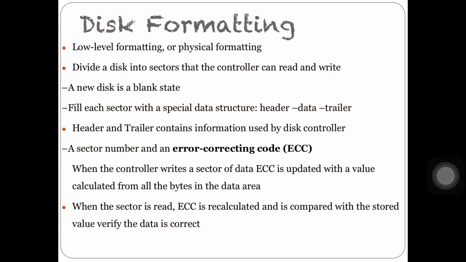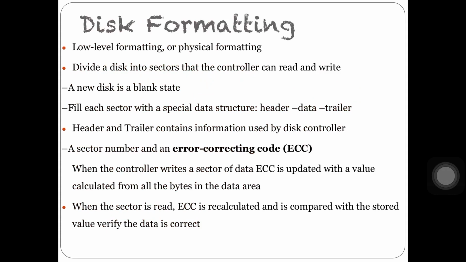In short, we will call it as ECC. When the controller writes any data into the sector during normal input-output operation, the ECC is updated with a new value calculated from all the bytes in the data area.